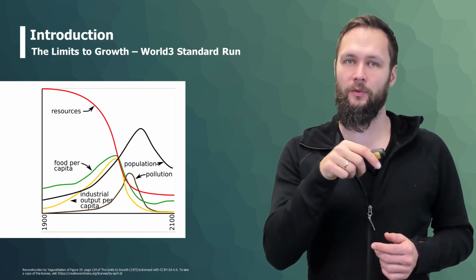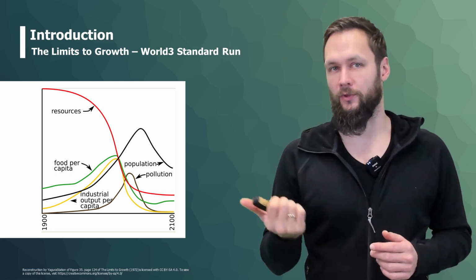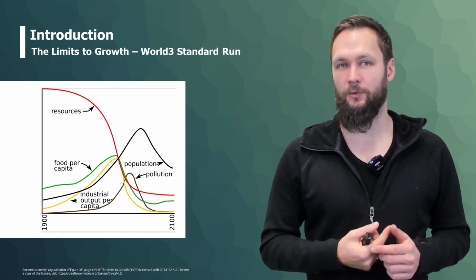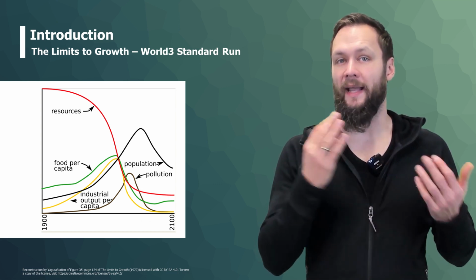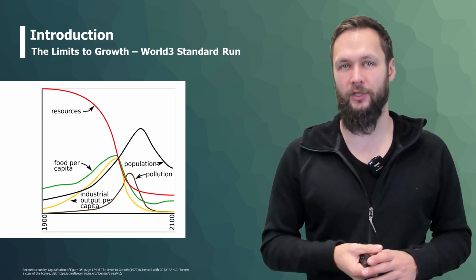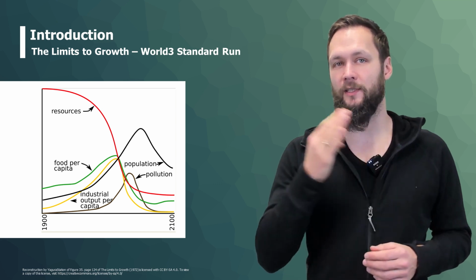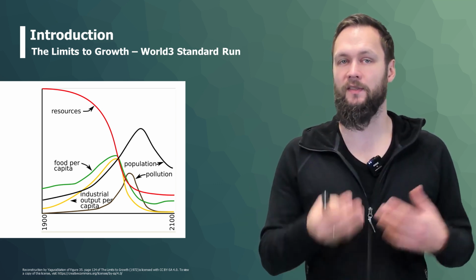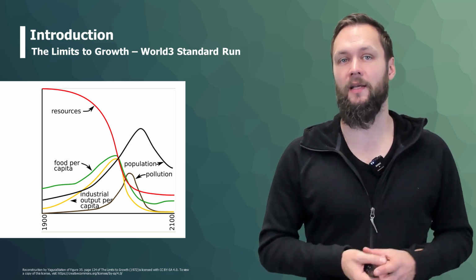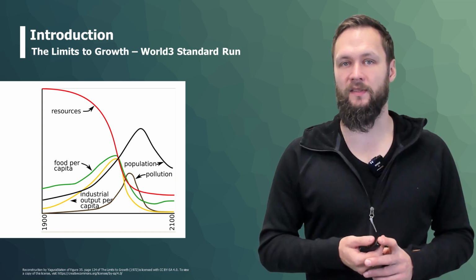While doing so, our population increases heavily, mostly due to using resources, but also by increasing the food per capita, as well as the industrial output per capita. But we pay a high price for that. We're not only using resources, but we're also increasing pollution. And the loss of resources and the increased pollution will decrease the food per capita. And at some point, similar to the Lotka-Volterra equations, we see a sudden collapse or drop in population. So very similar with respect to the result.